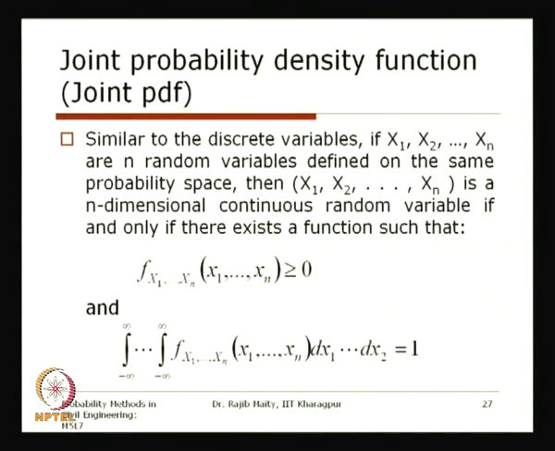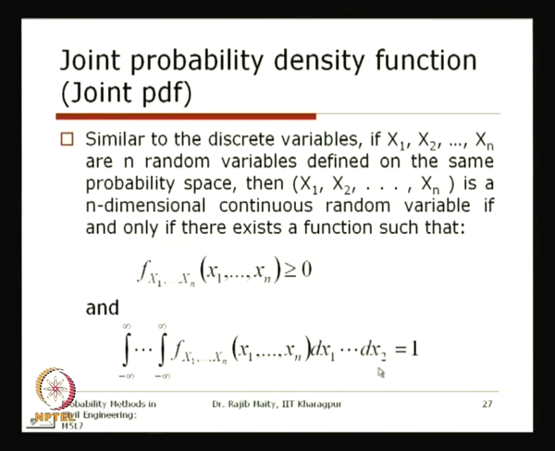Now, the same holds for continuous random variables. Similar to the discrete case, if X1, X2, ..., Xn are n random variables defined on the same probability space, then (X1, X2, ..., Xn) is an n-dimensional continuous random variable if and only if there exists a function satisfying two conditions. First, the function should be non-negative over the entire range of the random variables, greater than or equal to 0. Second, its integration over the entire range of each random variable should be equal to 1,